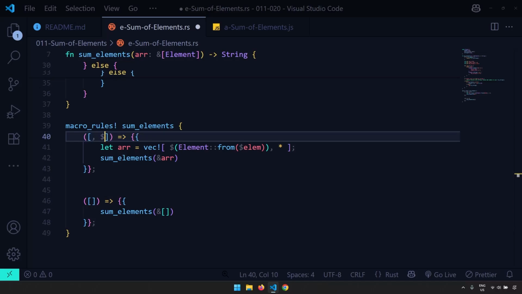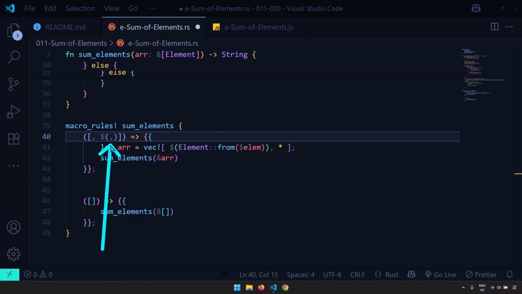So this is how we're going to specify that, and I'm going to explain what this is. So let's go ahead and do that. So here you can see this $ and this pair of parentheses. That's basically the syntax that we use to tell Rust that we want to repeat anything that comes